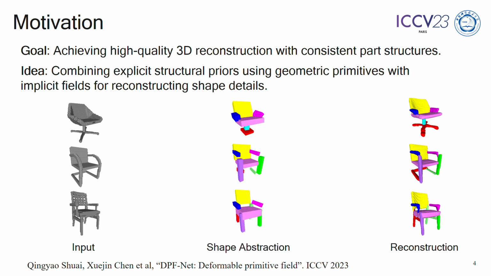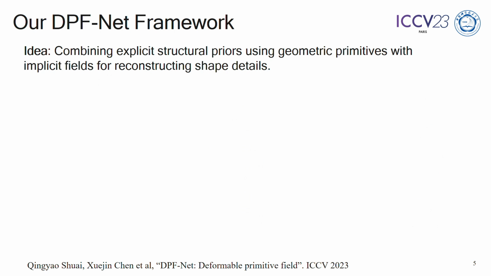We use geometric primitives to represent each part of the object, then deform each primitive to approximate the shape details. To support shape deformation from the primitive shape, we design a field-based representation for primitives named parameterized primitive field, which can be learned end-to-end. Here is the framework of our DPF-Net, a two-stage model using deformable primitive fields to reconstruct